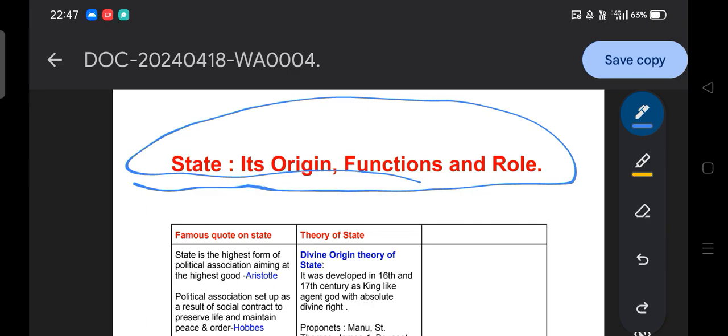If I talk about the questions with respect to this topic, the topic itself is interdisciplinary in nature, like the concept of the state. What does it mean by the state? Do you think the state we are living in right now is a state, or the ancient Greek society way back, is that also an example of the state? Or do you believe there is a difference between the concepts of the state?